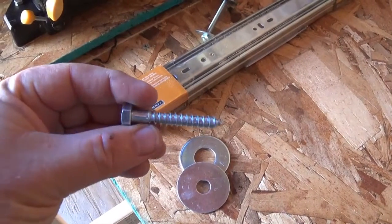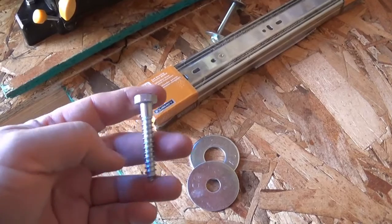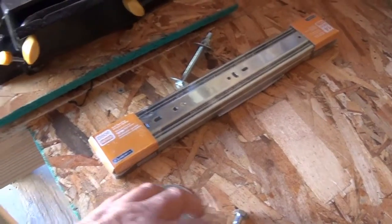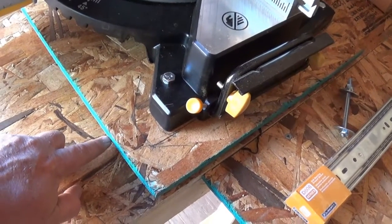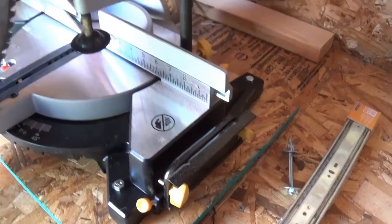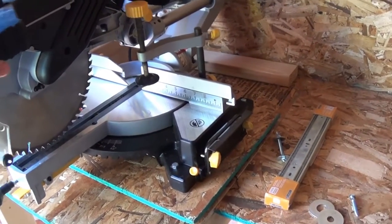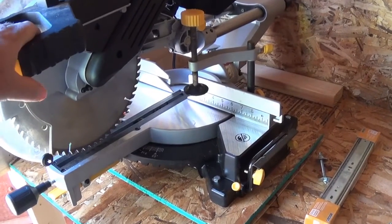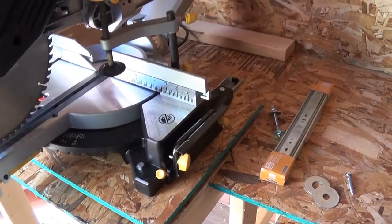I use these lag bolts, not necessarily this size, but a little smaller than this. Lag bolts go through here and into here. But I did not want it to go further into here, because this saw I want to slide so that I can push it back when not in use, so it's a little bit out of the way. But when I want to use it, I can pull it out